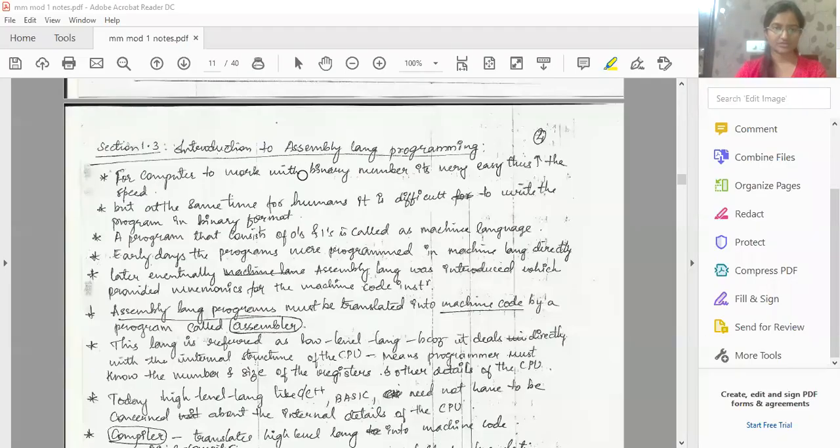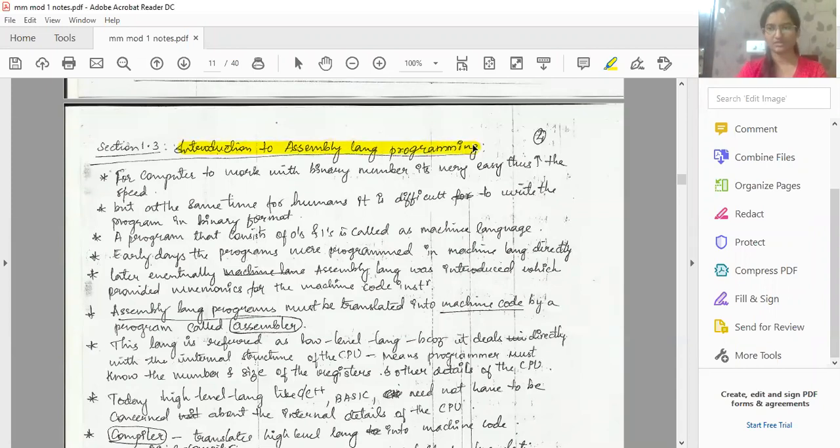In the previous video, we studied the flag register in detail, and also saw one example on the flag register. In today's video, we will be learning about assembly language. I'll share the screen with you.